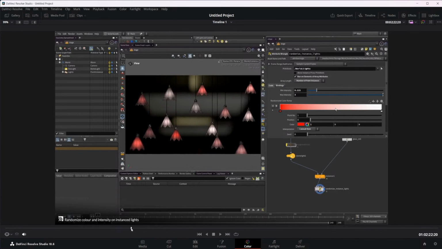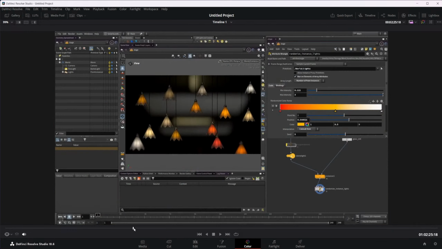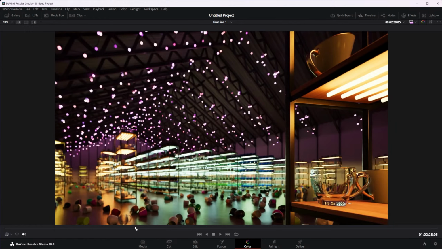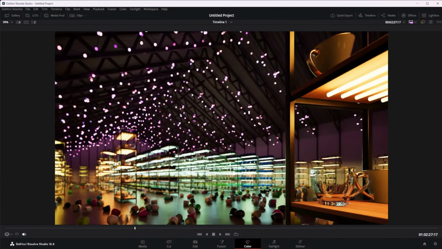Let's scrub through a little bit more. Yeah, I don't know. Then they give some different things here. So this is, again, just going to be the lights. So you can change the color and intensity. So got some different hues going on with these lights, which is pretty cool. Just some nice things to see with